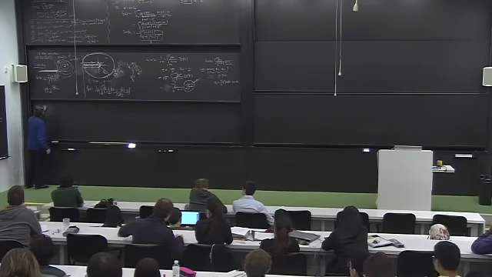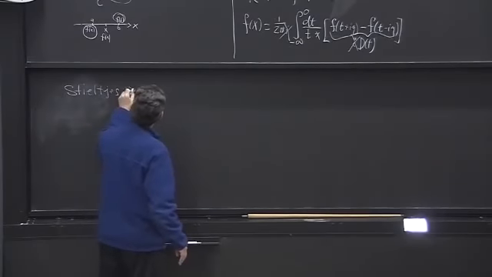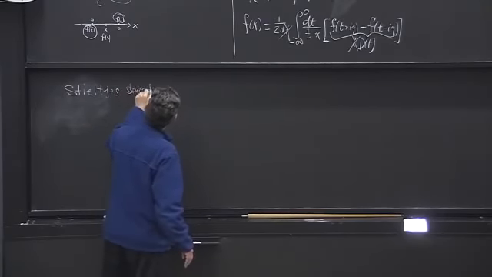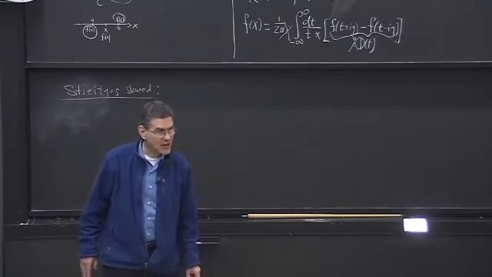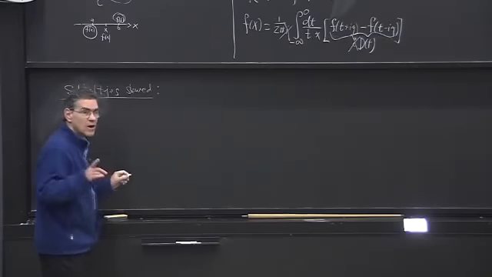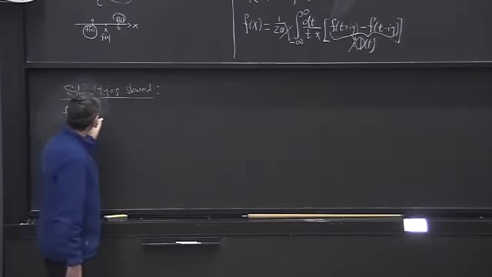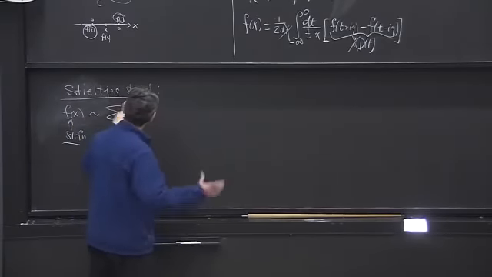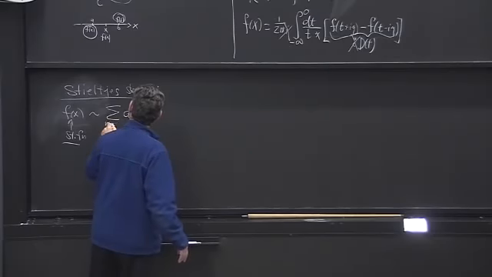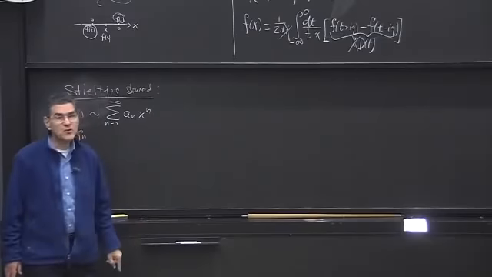Mr. Stieltjes showed that if you take a Stieltjes function and you expand it into an asymptotic series, the sum of a sub n x to the n, from 0 to infinity, if you take f of x and expand it into a Stieltjes series,